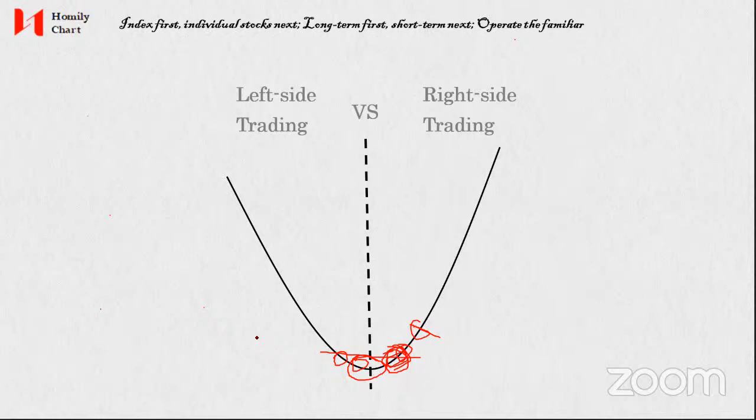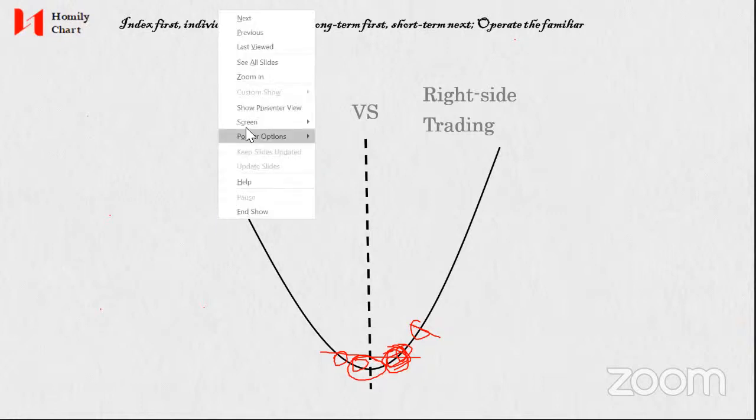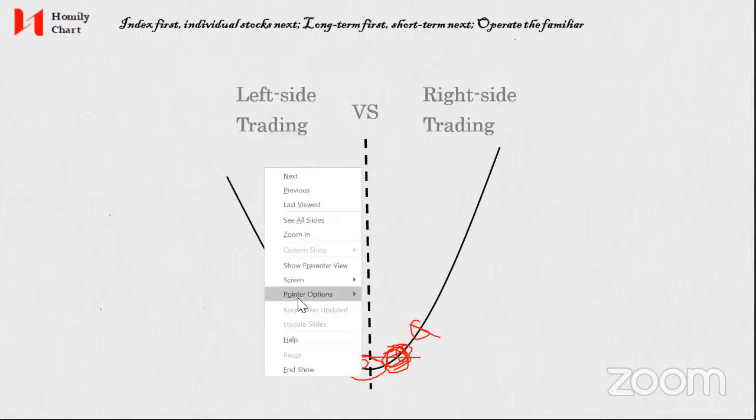If you are the aggressive type, maybe you see the left side indicator, then you want to buy maybe before the bottom, before it's confirmed. But if you are the conservative type, maybe you can get prepared first. When you see the left side trading indicator, chances coming, then you can buy immediately when you get the confirmation on the right side. Okay, so then the problem is we're talking about left side and right side, but how do we know